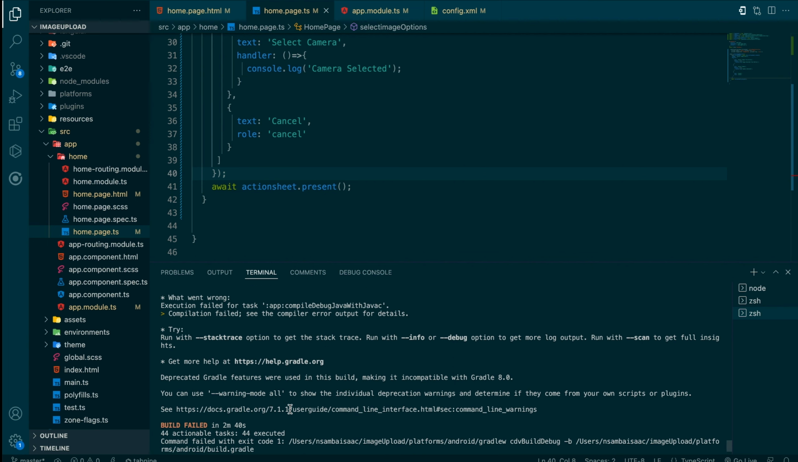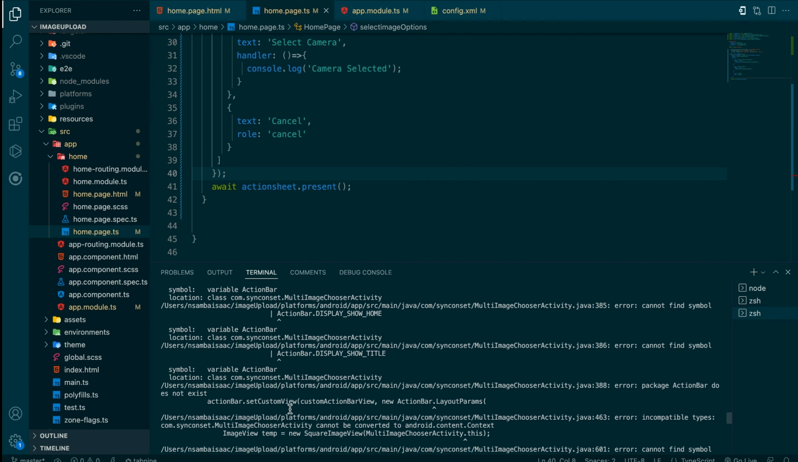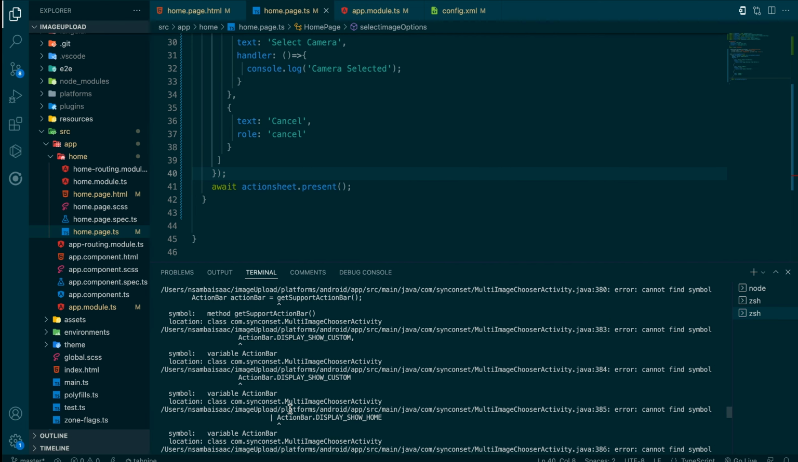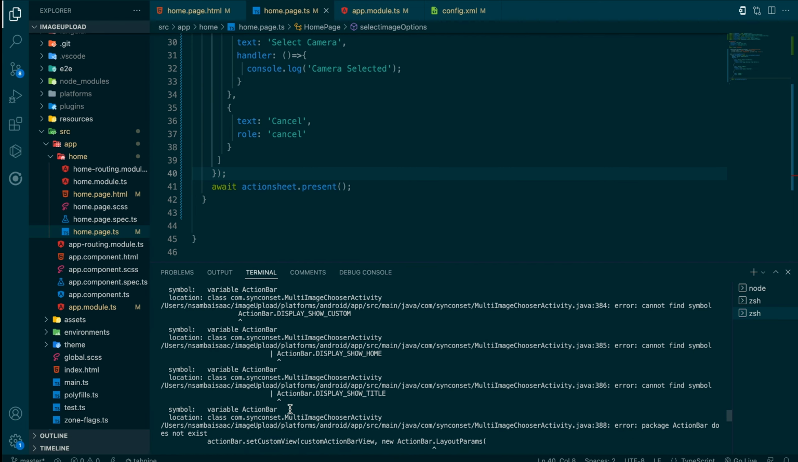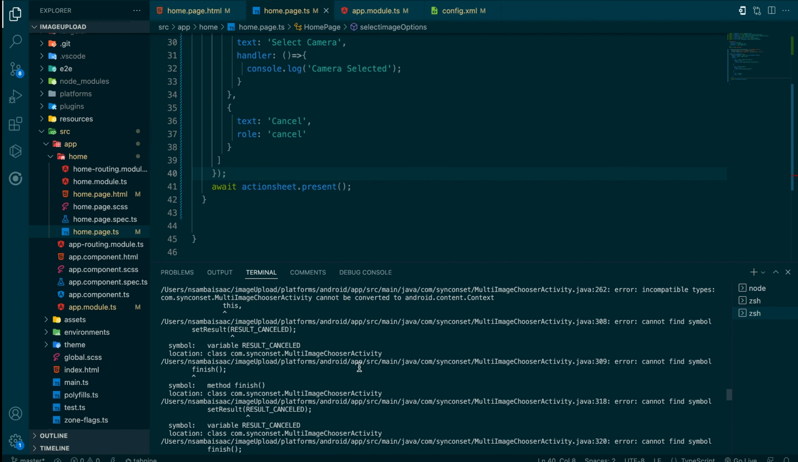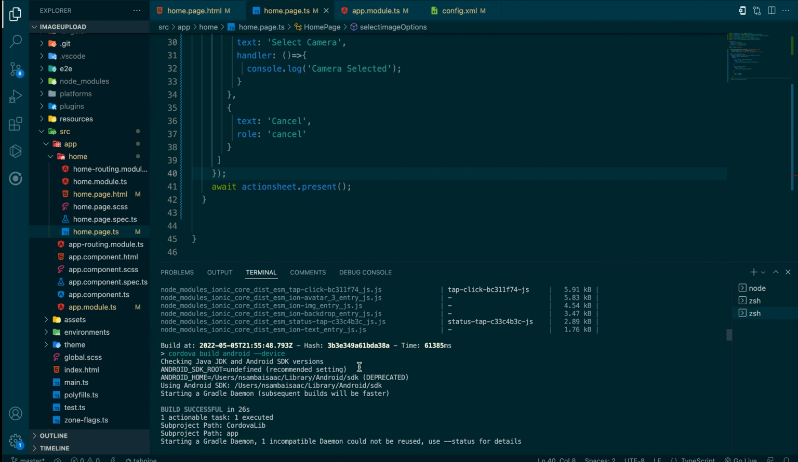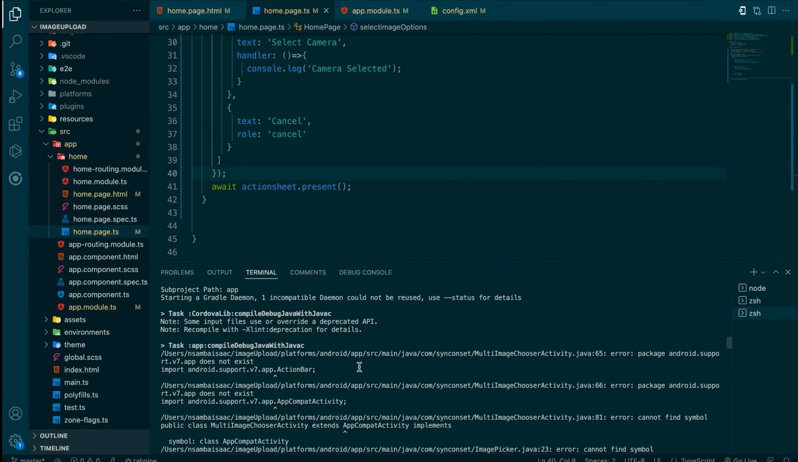Now we are having another error here. Where is it coming from? Our build has failed, and what is causing the issue? This multi-image choose activity cannot find symbol. Let's go where the error starts. If we go where the error was first registered, we find that package android.support.v7 does not exist,